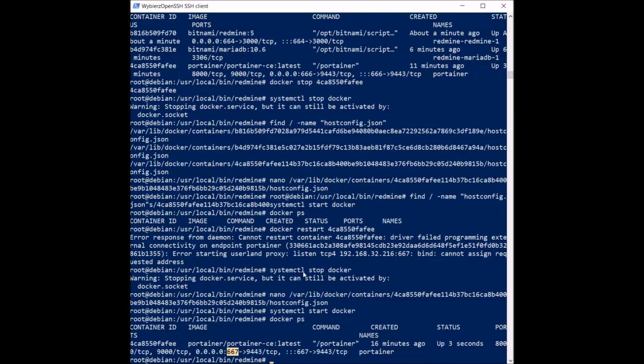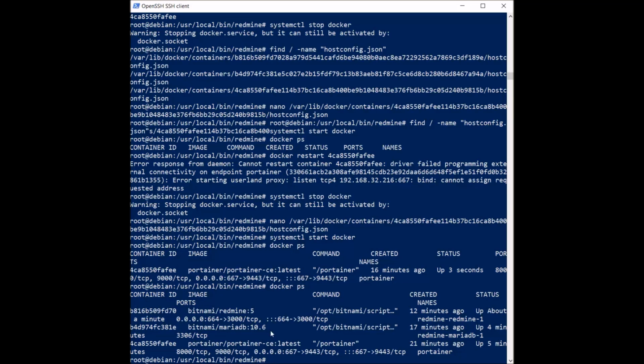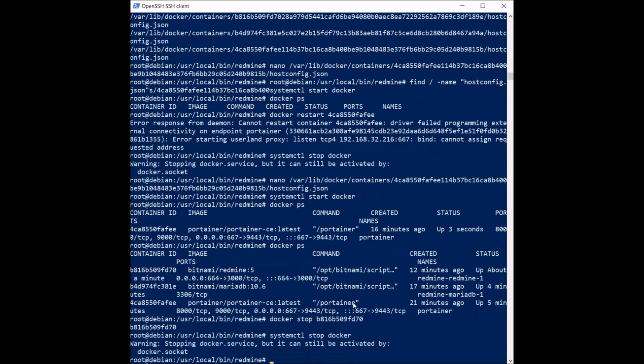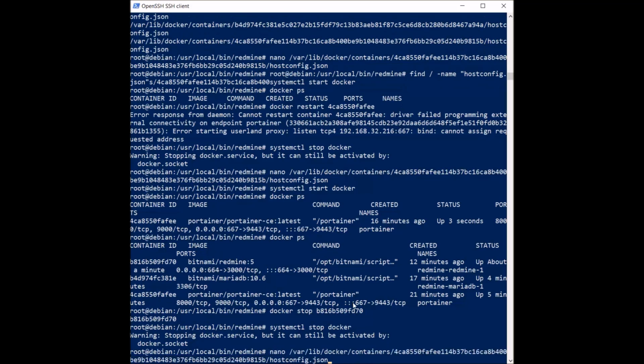So first docker ps, because I need to check what's my Redmine ID. This is my Redmine ID, so I'm stopping the container, stop the docker. Now I need to find,